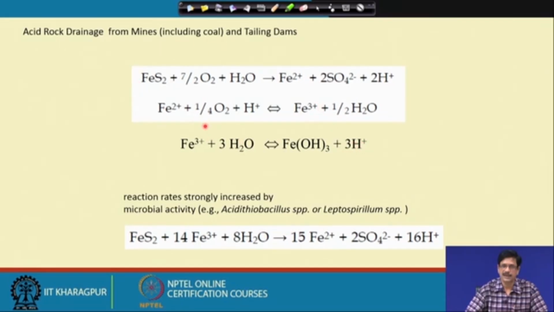So, if we combine these reactions, we will see that a molecule of pyrite, when it undergoes such a chain of reactions, gives rise to a good number of hydrogen ions: 1 mole of pyrite will give rise to about 4 moles of hydrogen ion. So, this could go on as an inorganic oxidation process, which will give rise to this acidity and which cause the